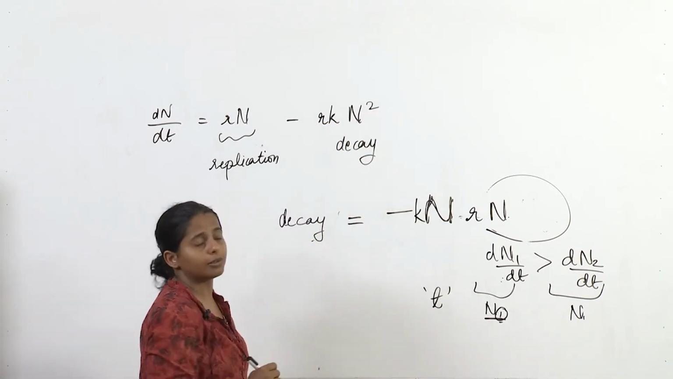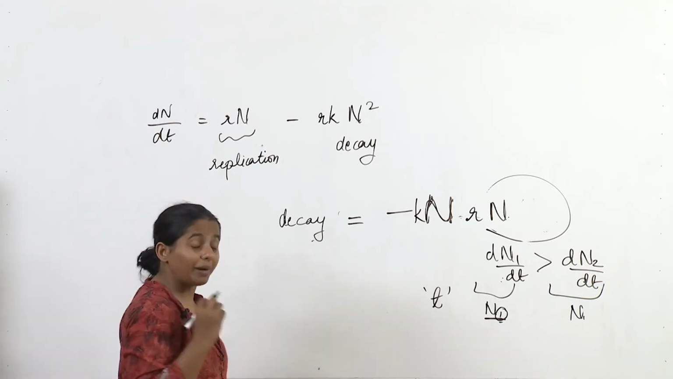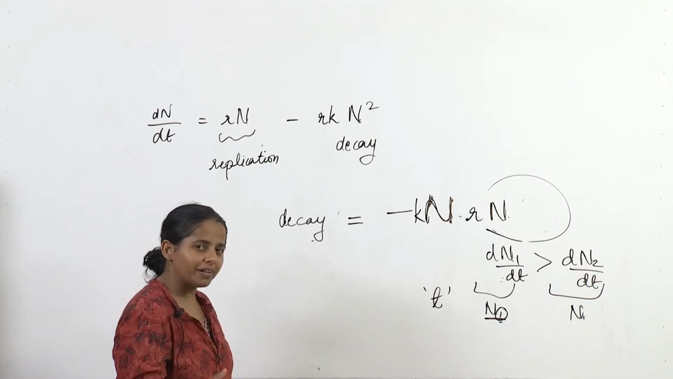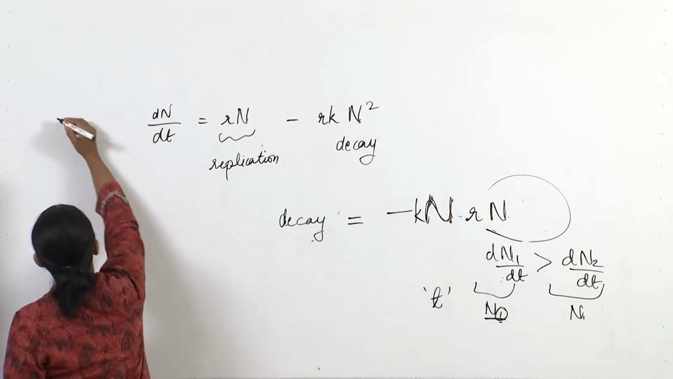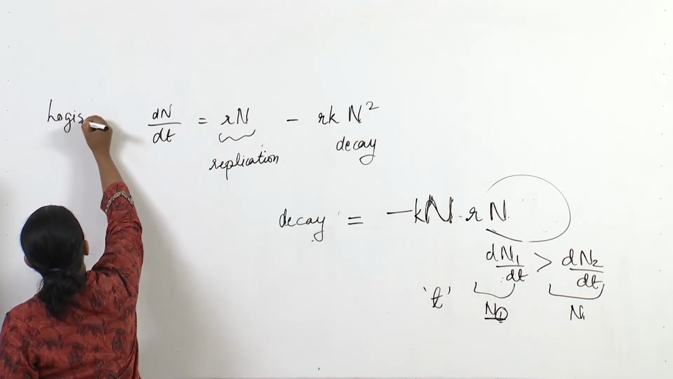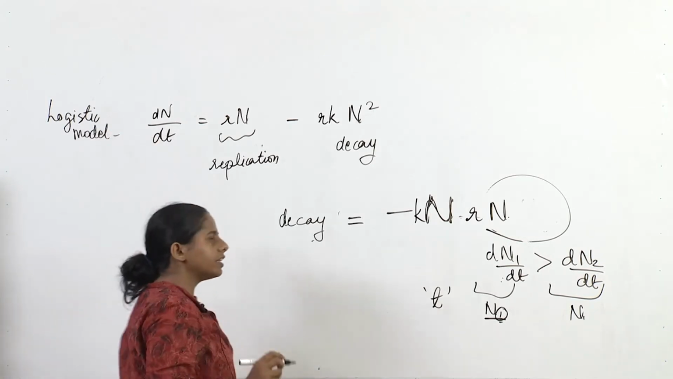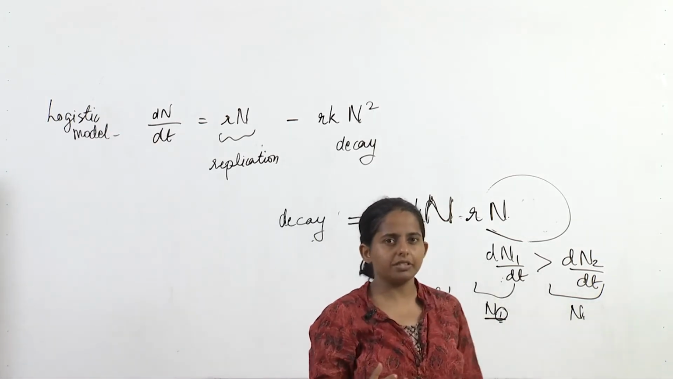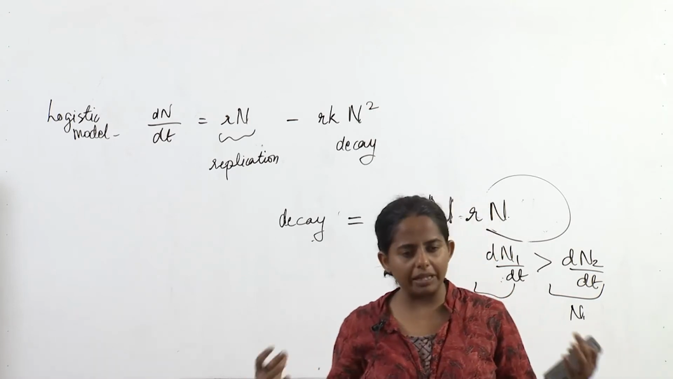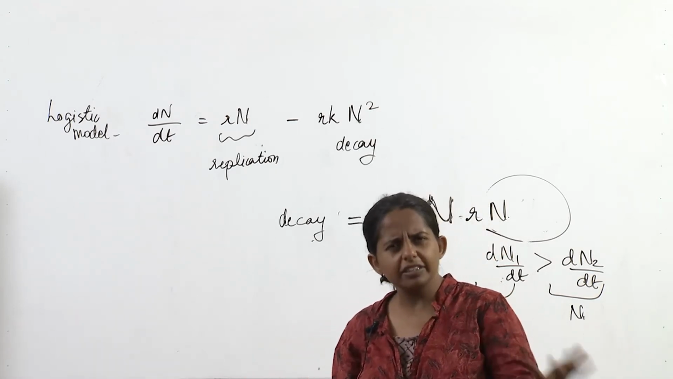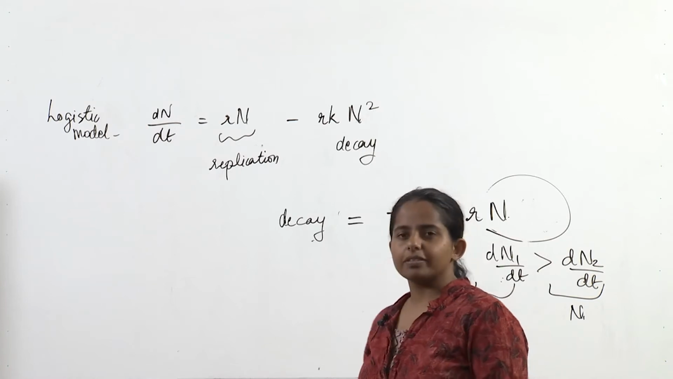And this is our new model. Many of you might be aware that this model is very popularly called the logistic model. It serves really well for simple populations that undergo either binary fission or other similar, comparable simple processes